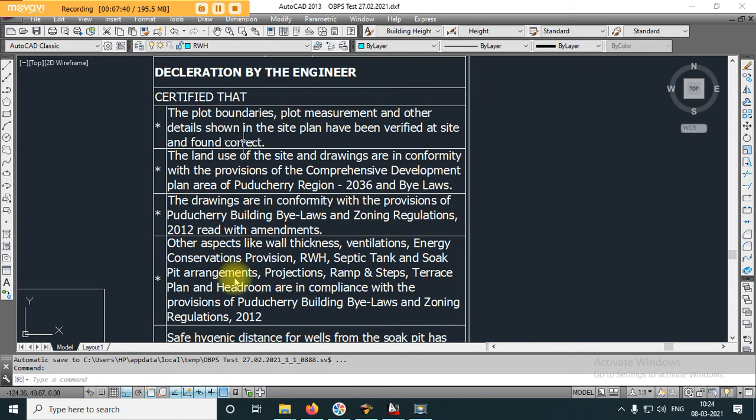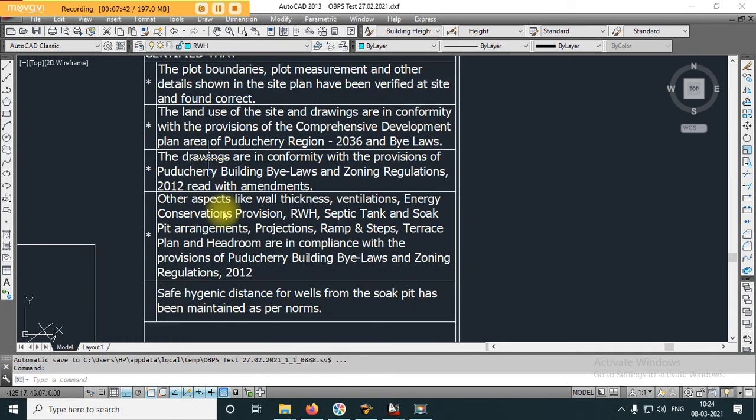And coming to other parameters like wall thickness, ventilation, energy conservation provision, rainwater harvesting, septic tank and soak pit arrangement, projections, ramps, terrace plan and headrooms, they are in compliance with the Puducherry building bylaw and zoning regulation. These are all the things which the system is not scrutinizing.